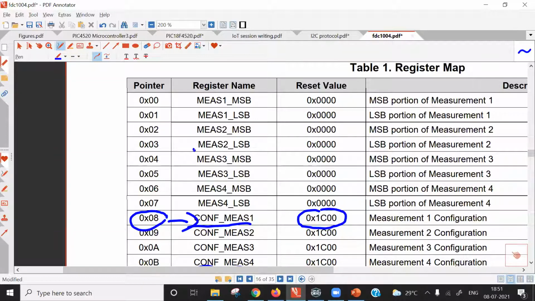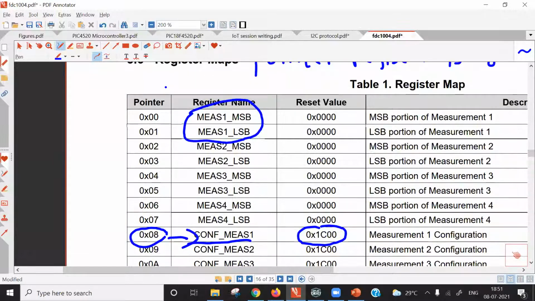is saved in 2 registers. For each channel, 2 registers are used. What is our conversion result? The conversion result is 24 bit. However, the MES1 MSB register is 16 bit, and the MES1 LSB register is also 16 bit.